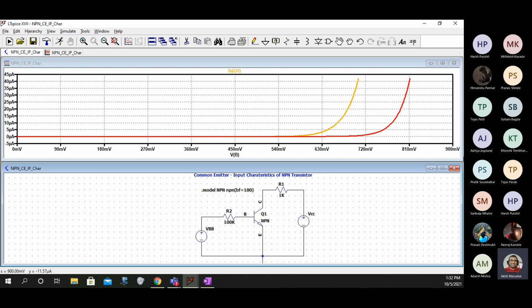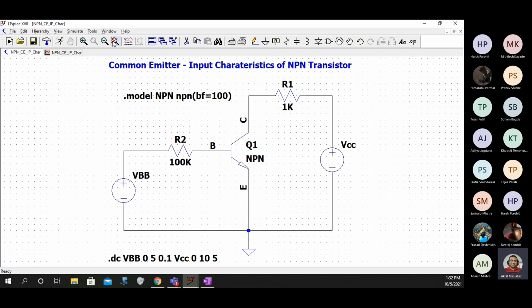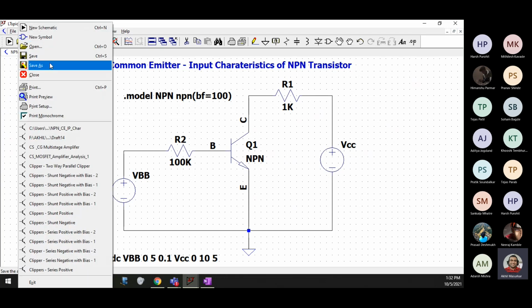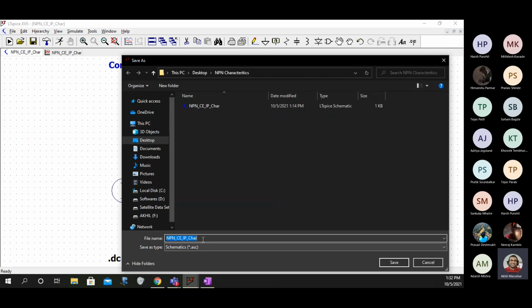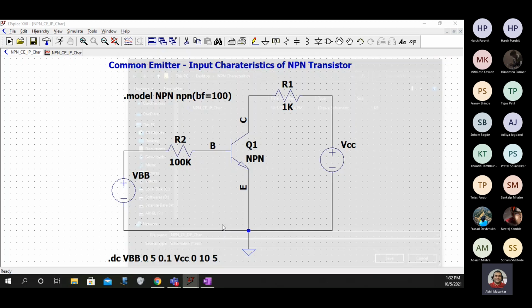Okay. Now let's have a look at the output characteristics. So what I'll do is the circuit will be the same. So I'm just saving it with save as. Instead of input char, I'll make it output characteristics.